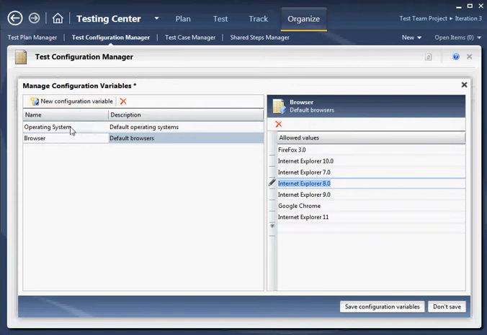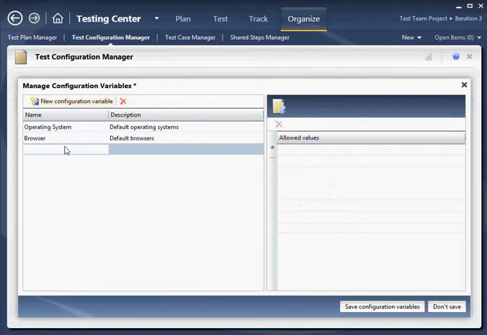You can also create a new configuration variable. So as standard, we have our operating system and we have the browsers and the selection of operating systems and selection of browsers. We can also create a new configuration variable. So just for this example, I'm going to say language. So language is our new configuration variable, and we can add in